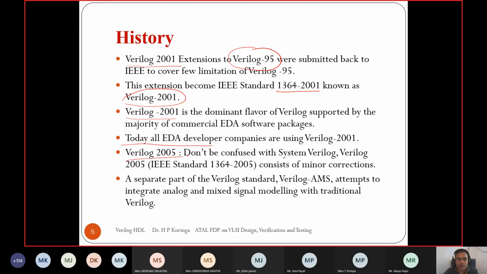Later on, in 2005, some minor corrections were added to the Verilog 2001 variant.